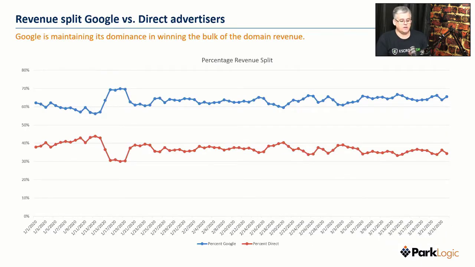So the revenue split, Google versus direct advertisers. What's going on with this revenue split? At one stage, I think it was mid last year, it was the other way around, where the direct advertisers were 60%, and in fact, I think I blogged on this, and Google was 40%. It's definitely swung around the other way, and it's been consistent since the beginning of this year. And you can look at this very end point here. It really is not changing at all. It's about a similar sort of fashion. So Google's got the lion's share of the pie once again.